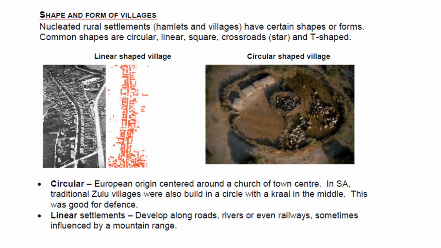So now we go to shape. That was pattern, now shape. Now, as far as shape is concerned, we've got linear, circular, and then T-shape or crossroads. So if we look at this linear shape,